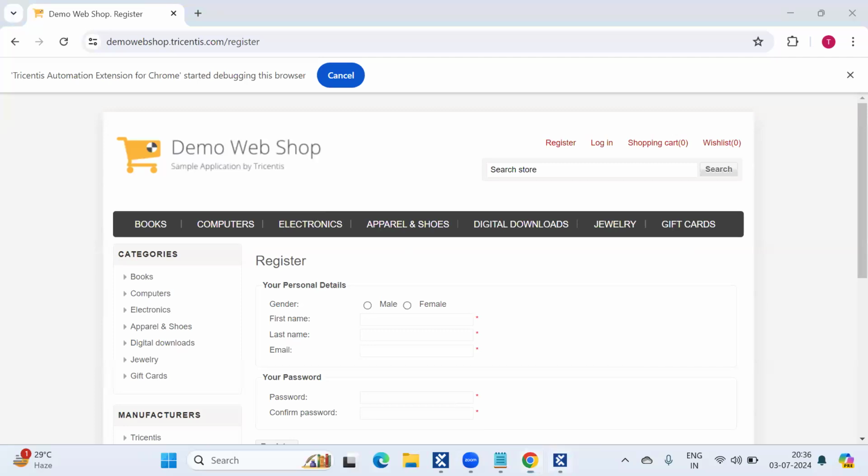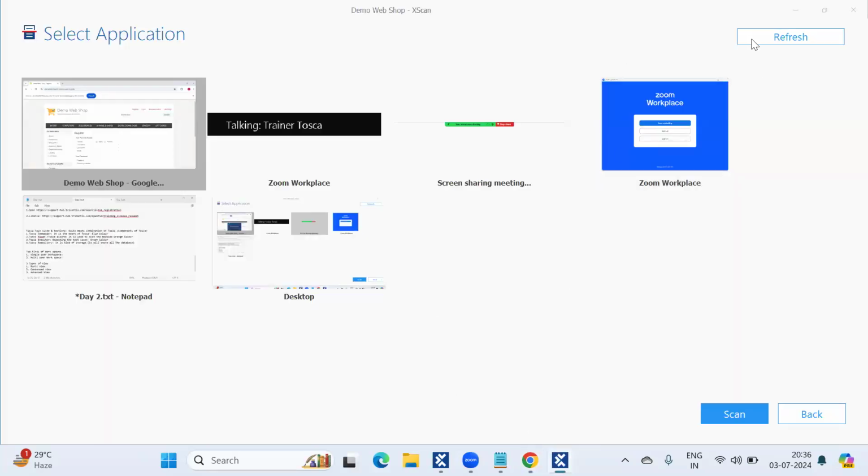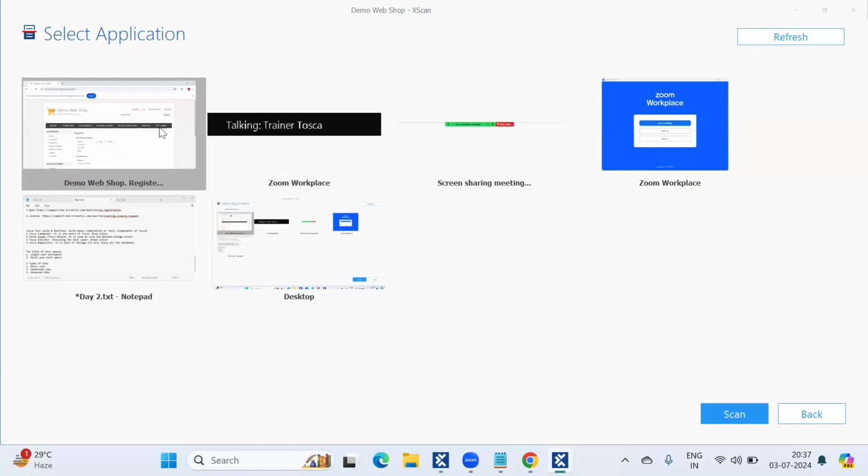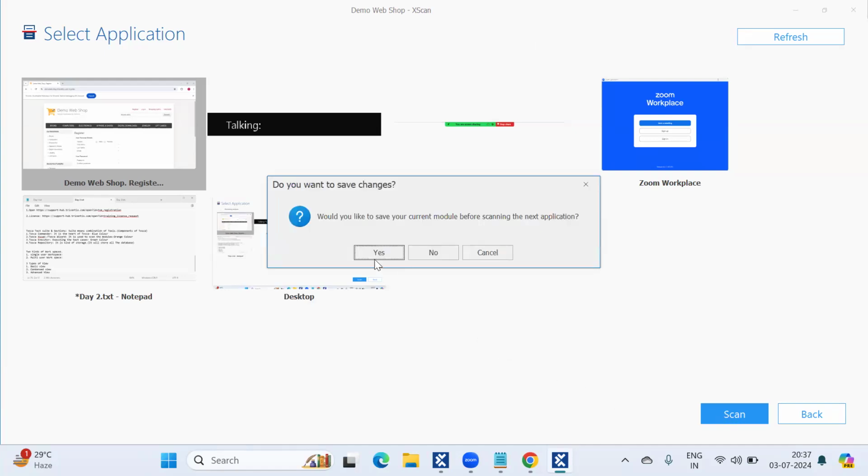Otherwise I would need to close this XScan window and start scanning again. But without closing it, I am refreshing here. Let me click on this one and I will show you.